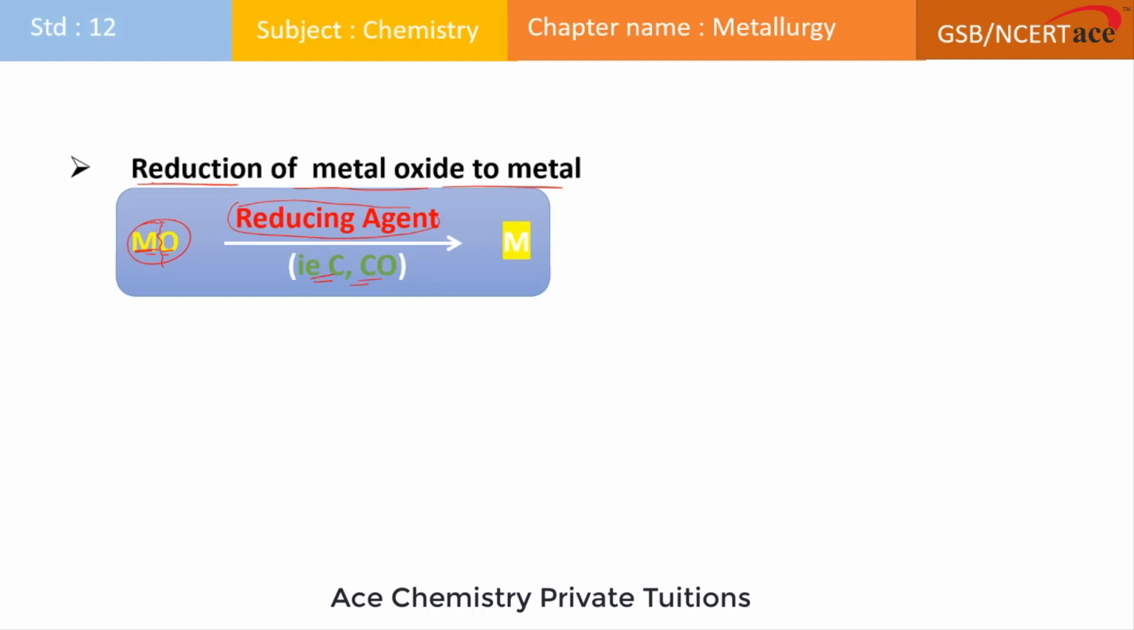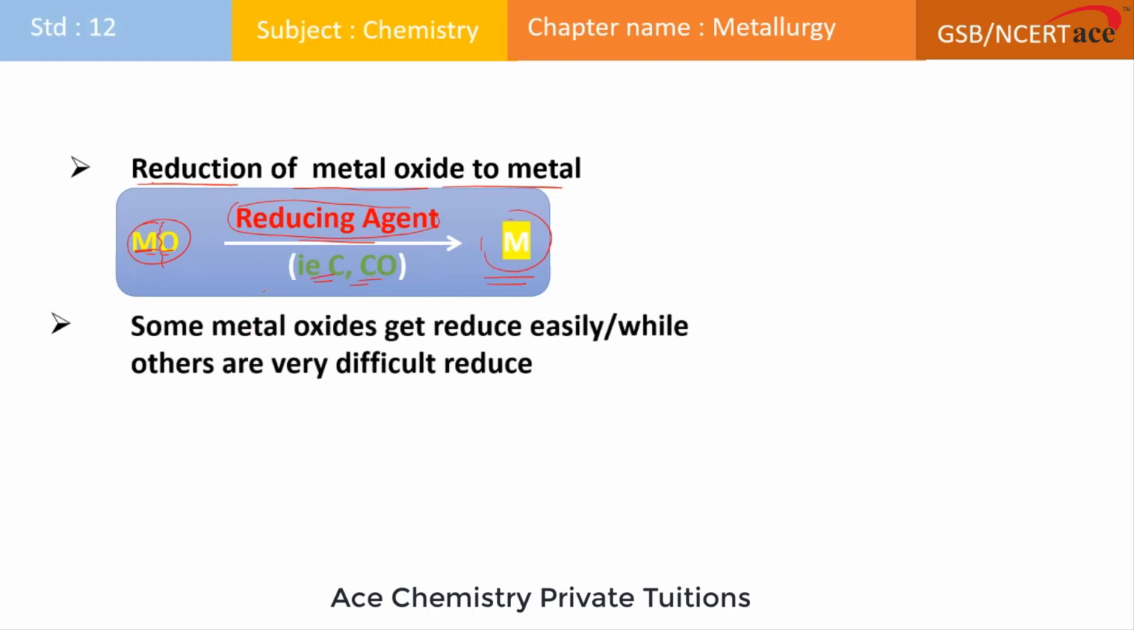So the oxygen leaves this metal and gets combined with the carbon and carbon monoxide, which act as reducing agents, and it gives what? Free metal. Again, the metal obtained in this process is not pure metal. It contains some amount of impurities, which is referred to as crude metal. So